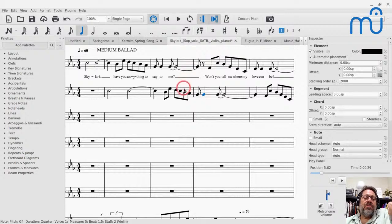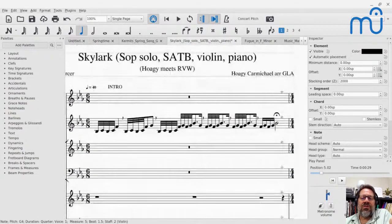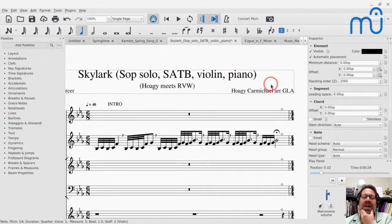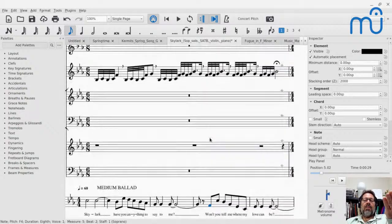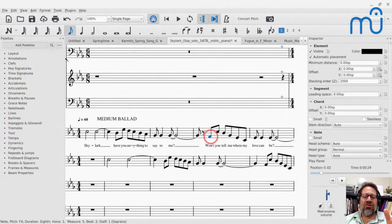And of course, he had no choice about, I say he, I actually don't know the first name of this person, sorry, G.L. Archer. But in any case, this isn't that person's melody, right? It's Hoagy Carmichael's melody. So there wasn't a lot of choice about the choice of the intervals here, but there was choice